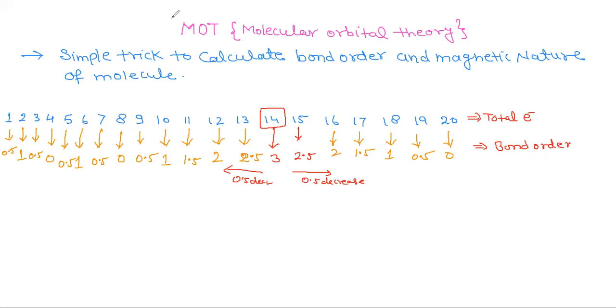Now, if it is over, then you mark two points again, total electron 16 and total number of electron 10. These two you mark again. After that, if the bond order is a whole positive number, like 1, 2, 3, not fractional. This is fractional: you can see 1.5 is fractional, 0.5 is fractional.